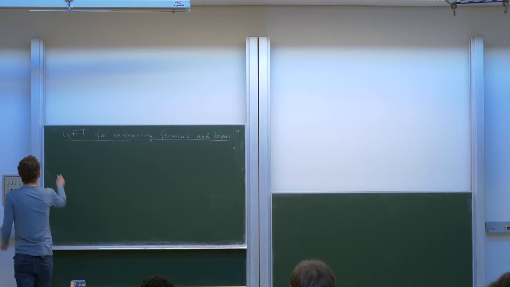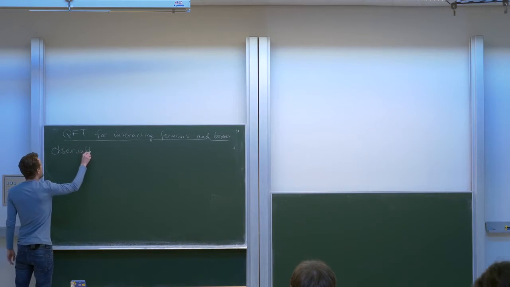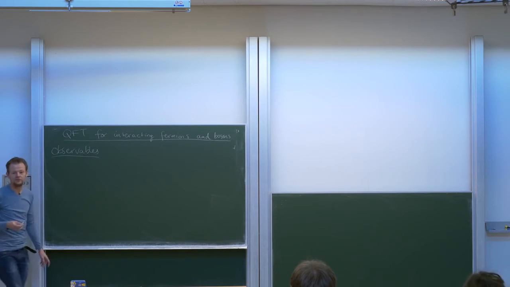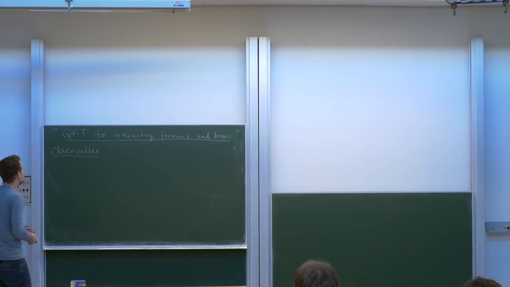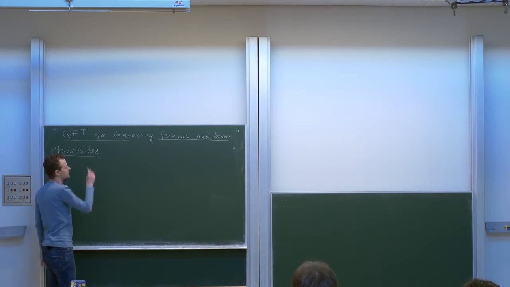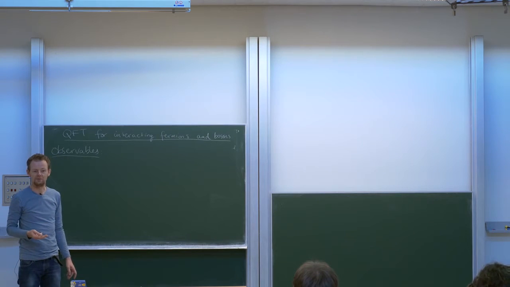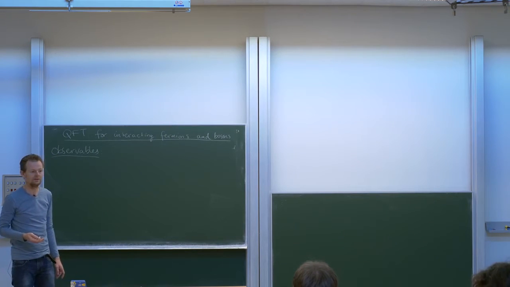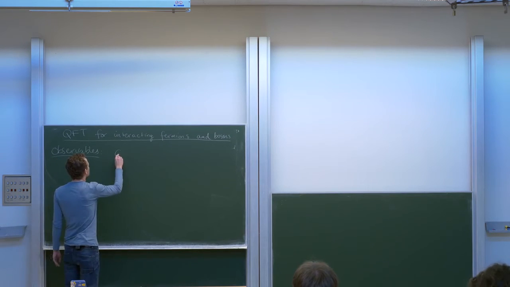Now, the building block of any statistical physical theory are the observables. What are the quantities that you're going to model, predict? Also, these are the quantities that you can actually observe in an experiment. So it's kind of key that we at least work out what we can and cannot measure. And for us,